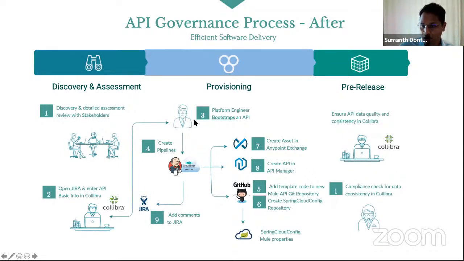All the manual steps we used to do, we just drive by a pipeline. We call this a bootstrap process. Essentially, it's a self-service way. Once the ticket has been approved and vetted out, we need a new API. This bootstrap script will create all the pipelines needed for your API, through QA, however it is. It creates an asset in the Exchange, creates the respective API in API Manager, creates your Spring Cloud config repos, and then we have standard base templates.